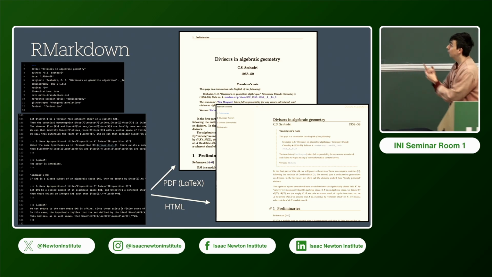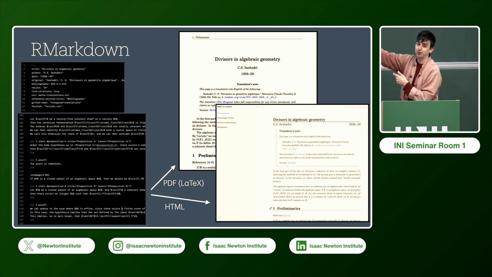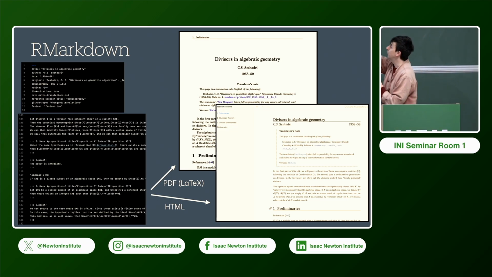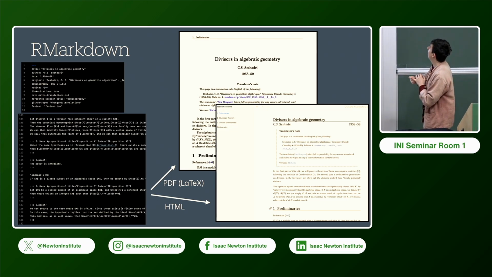But what's nice is when I write my stuff in R Markdown, I can build PDFs and web versions immediately for free. It just does both of them at the same time. And I can go in and style my LaTeX and make my LaTeX look nice, but I also get a much more accessible, much more browsable web version.